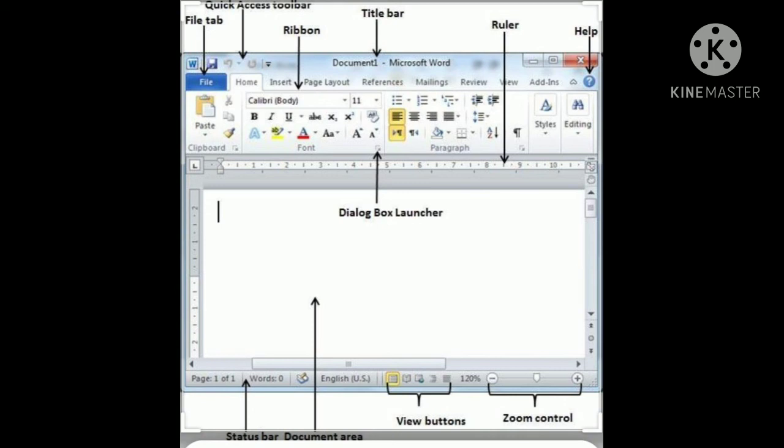Each tab contains many groups. Each group consists of many commands. Let us study some new commands and their features, such as inserting pictures, clip art, shapes and so on.